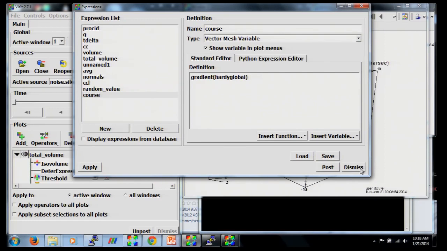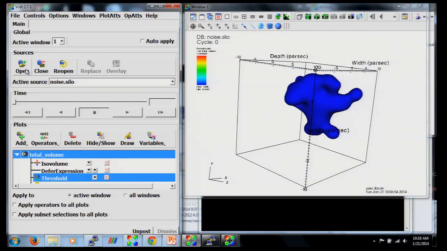Okay, this is one type of expression. There's another type which is very interesting. I have to try to find a data set. If you have a time-dependent data set, then you can do expressions